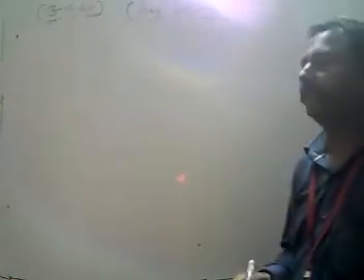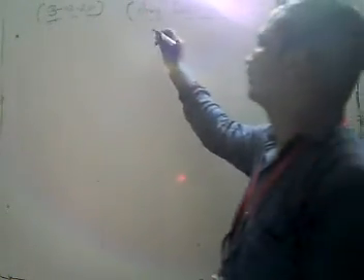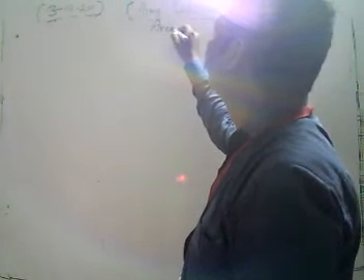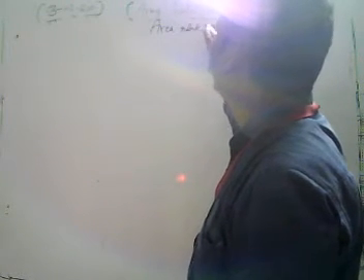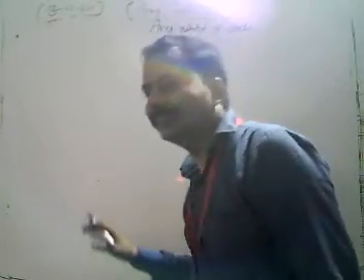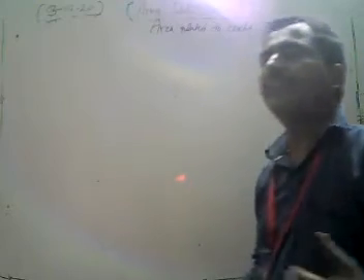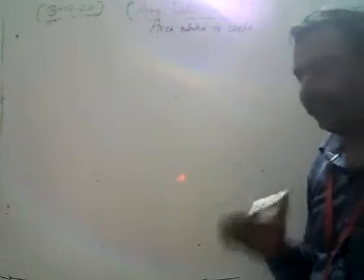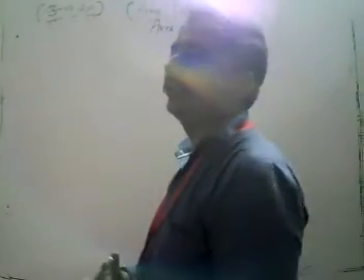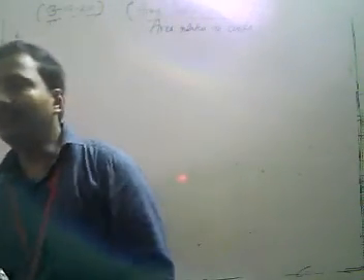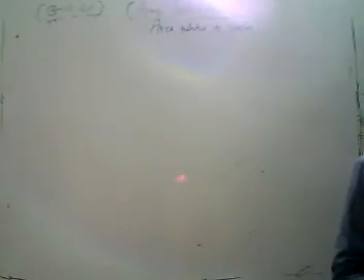Yesterday we discussed our chapter, the area related to circle. Till now we have discussed the formulas and basic problems. How can we get the area of a sector? How can we get the length of a segment? How can we get the area of a major sector, and how do we get the area of a segment?